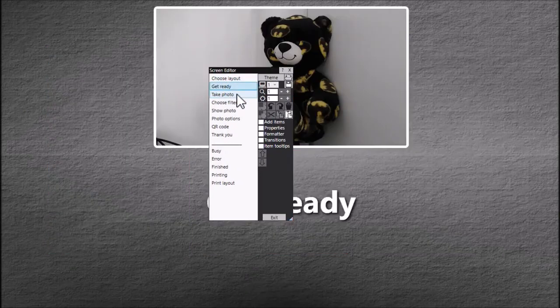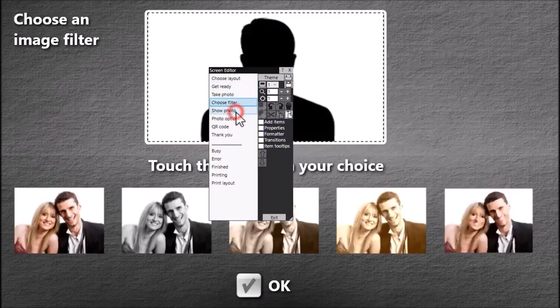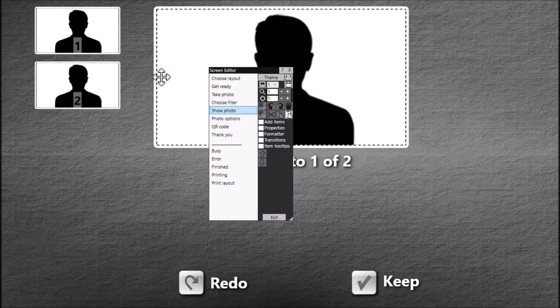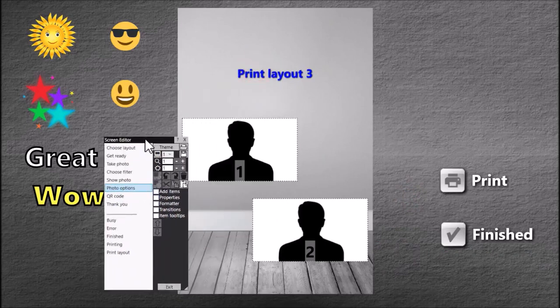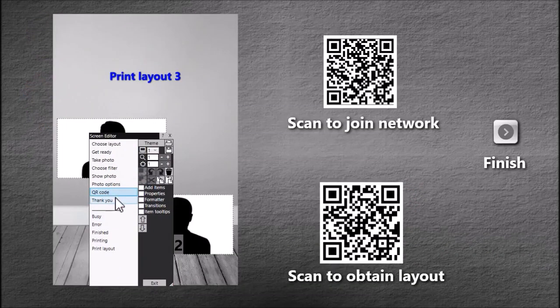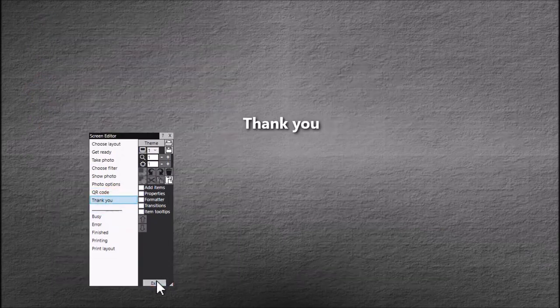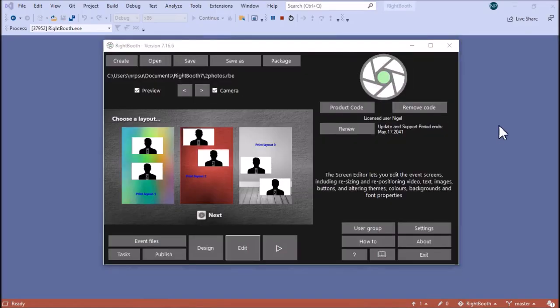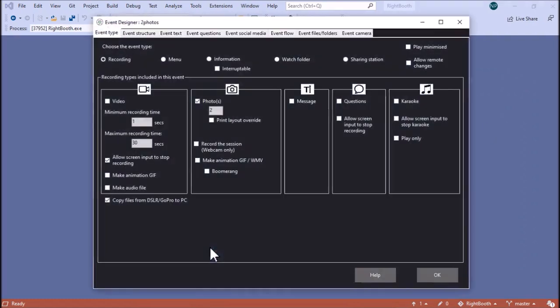The get ready screen's the same, the take photo screen's the same, choose filter is the same, show photo has just got the 2 items here, everything else is the same. Photo options screen is now just for 2 photos, QR code is the same, and the thank you screen is the same. We now need to repeat the same for 1 photo, so into the designer, set this to 1,